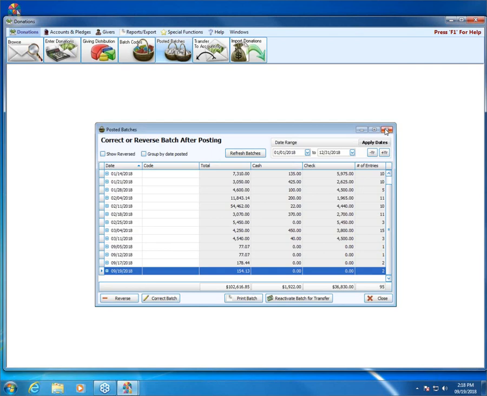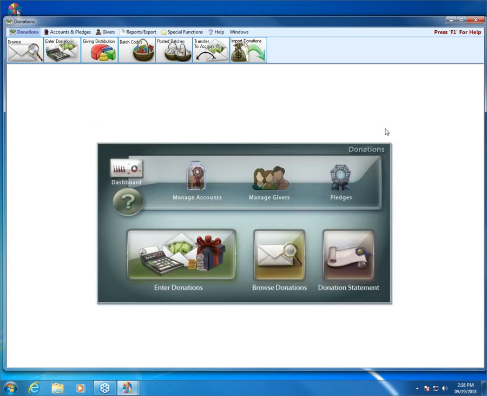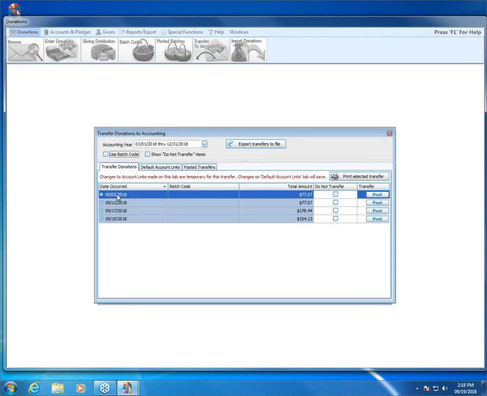All right, one more thing. If you use our accounting module, it's very simple to transfer these imports right over into accounting. And that is done by coming up here to transfer to accounting. And we're going to see our 4 batches are sitting here waiting on us to post over to the accounting module. At this point, the process is exactly the same to how you would transfer a manually entered batch over